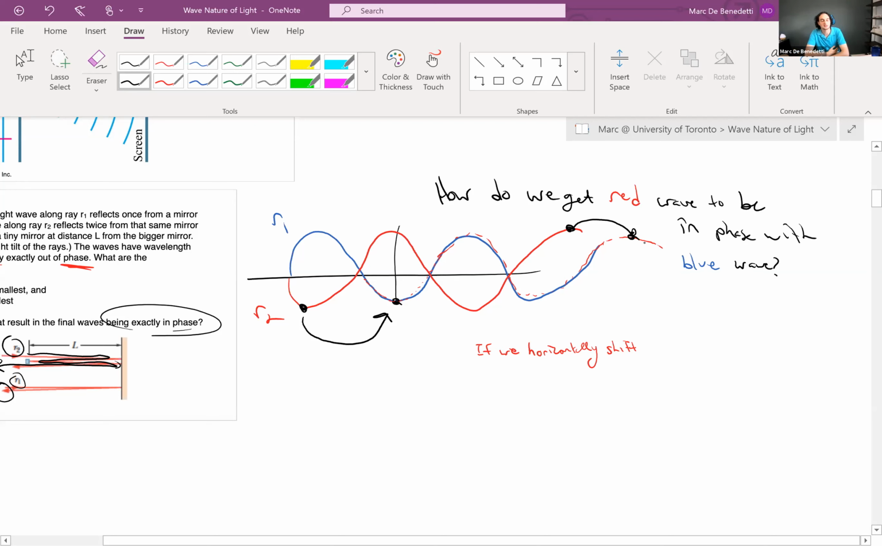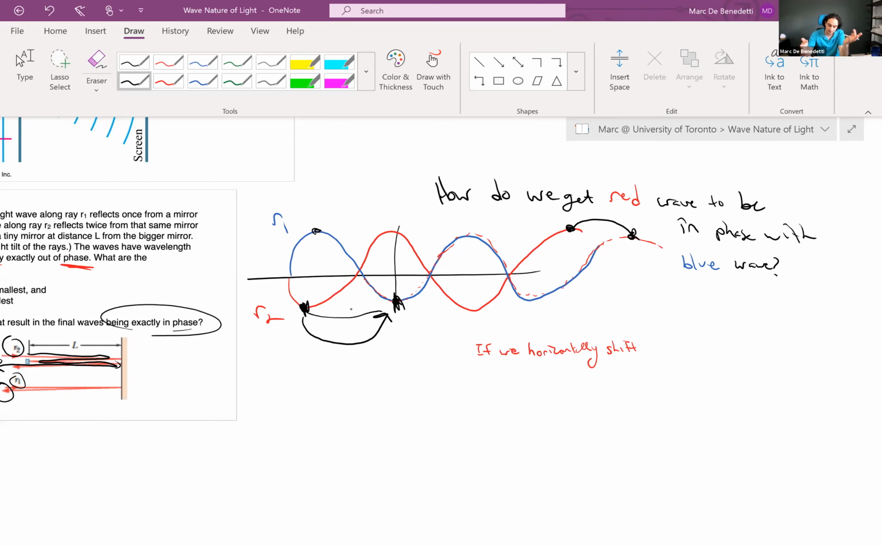Okay, and then they would perfectly line up. So what is that distance? If they're initially out of phase, then we know these two things line up. How far do we have to move it to get them to be in phase? How far is that distance right there? Well, we know peak to peak is lambda. This isn't peak to peak. This is peak to anti-peak. So that distance there is half of a lambda. So if we were to shift the red wave half a lambda, we know we would get it to be